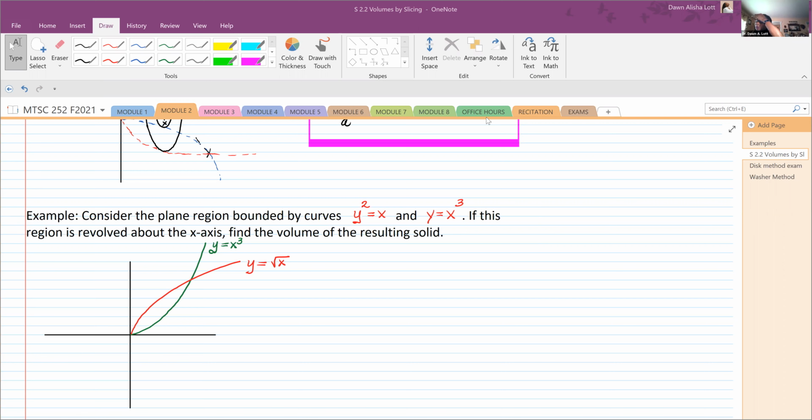All right, so now I'm going to revolve this about the x-axis. So when it says revolve about the x-axis, just draw your little thing so you know which way you're going. I already know when I revolve it about the x-axis, the thing is going to have this shape. So for any particular x I choose, I go up to the first curve and I revolve around, I get a circle. So I can now see that the radius of the small function